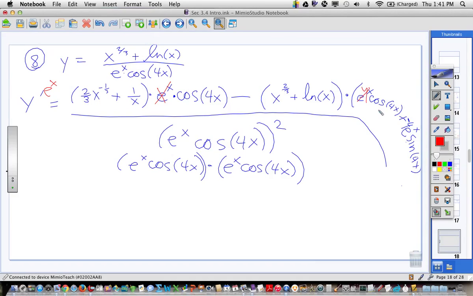And this e to the x and that e to the x would be gone, because I could pull those out, and then pull it out of here, right? And then this e to the x would cancel with one of the e to the x's down here. So that's a lot of work for very little gain, but it was a little bit of gain. And so my bottom would end up like this. It'd be an e to the x and a cosine squared, and the e to the x would be gone